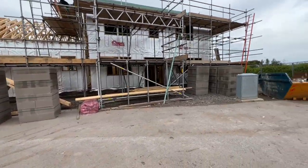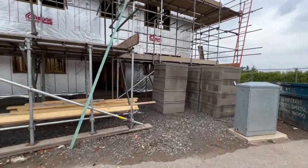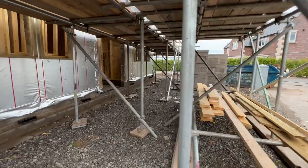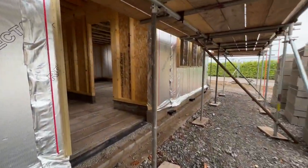So let's go and have a little look inside number 12 first of all, just to give you a feeling of the space. Now, it still is very much a building site, and some of the stud walls haven't been put in yet. So there's still work to be done here, but just to give you a sense of scale on the rooms here,